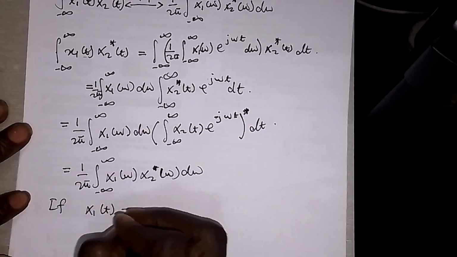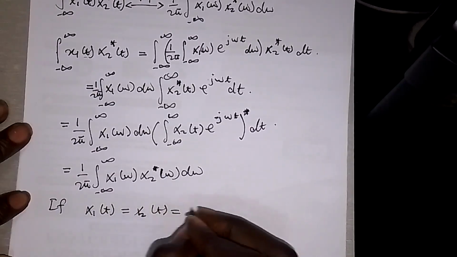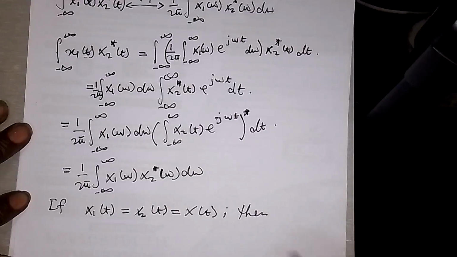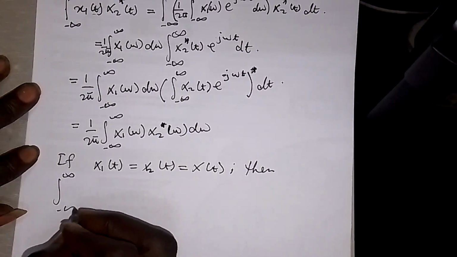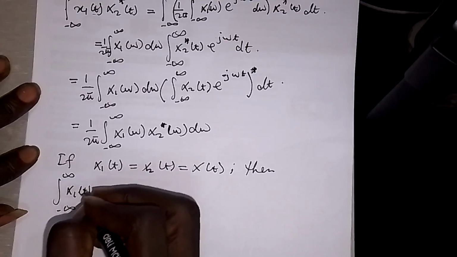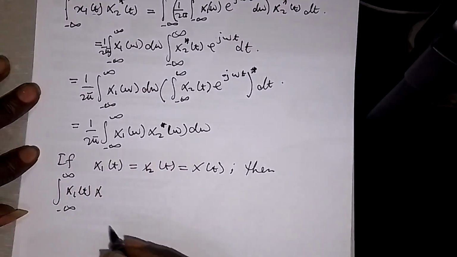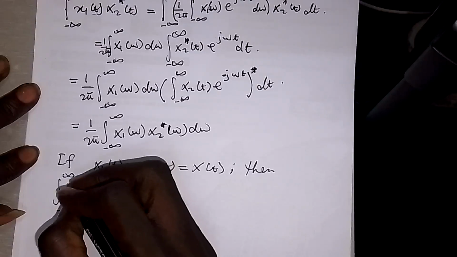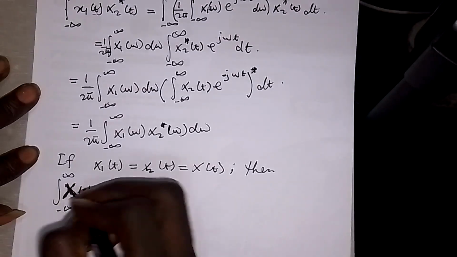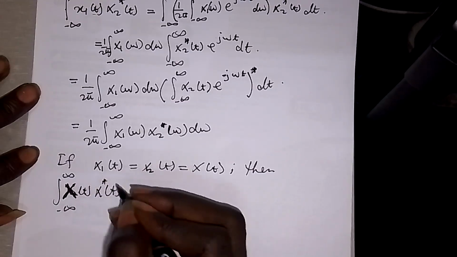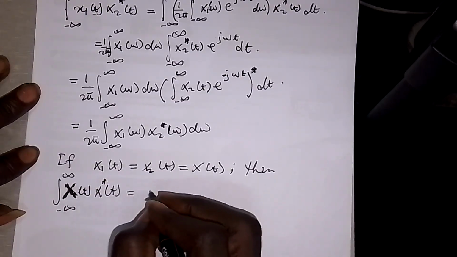Now let's also imagine a case whereby x1 of t is equal to x2 of t is equal to x of t. Then I can have the integral from minus infinity to infinity of x of t into x of t, the complex conjugate, equal to 1 over 2 pi into